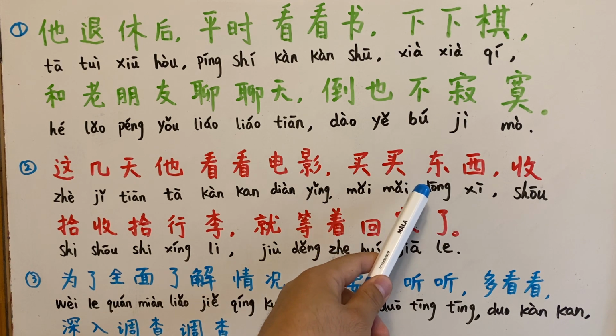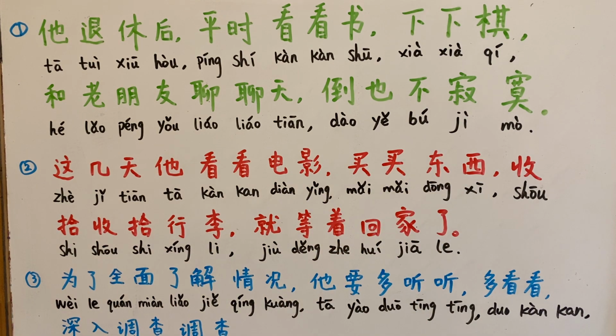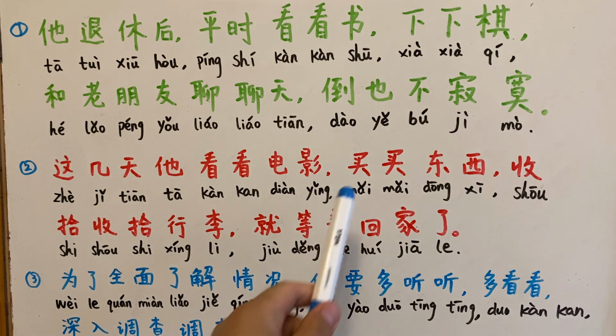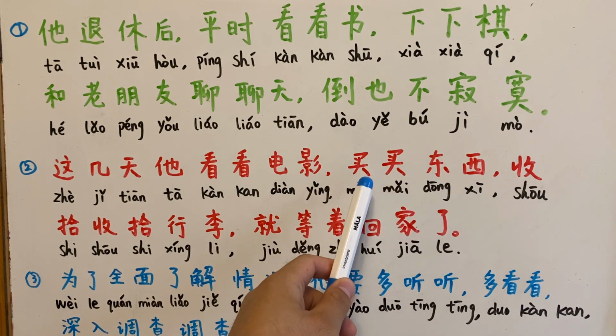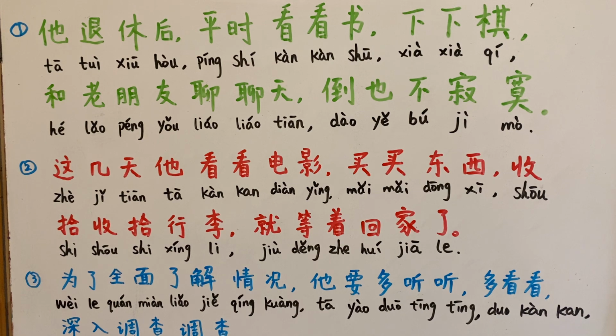We have talked about 东西, I don't know if you remember this one. 东西, things, stuff. 买东西, shopping, go shopping. 买东西 means to buy something, to go shopping, but with 买东西 you can feel that